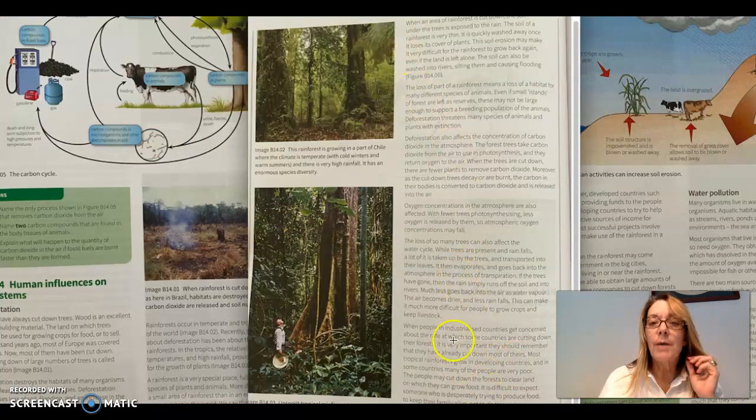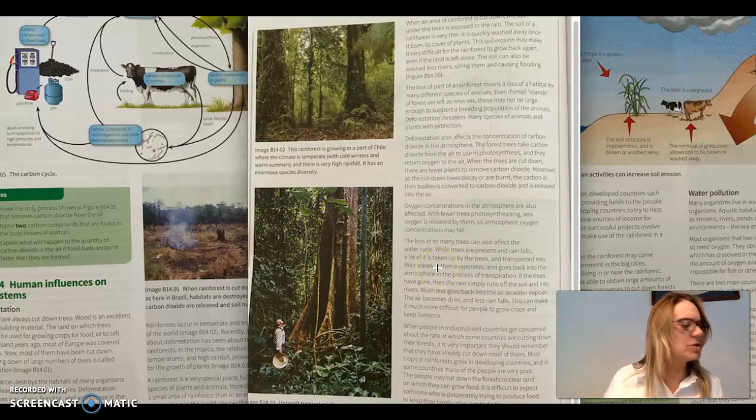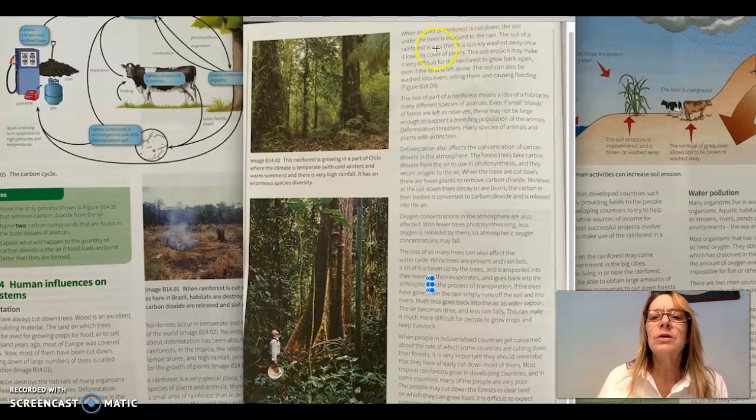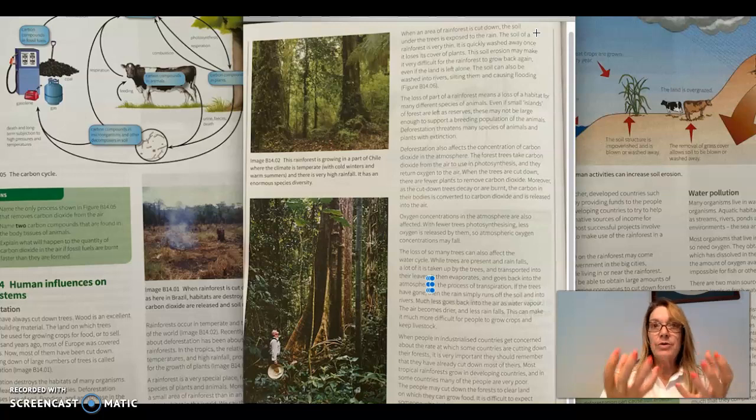As it talks about at the top of page 172, let me see if I can move this down a little bit. It talks about the rainforest being cut down and the soil under the trees is exposed to the rain. When that happens, that causes leaching of the nutrients. So all of the nutrients go down into the soil and get further and further into the depth of the soil. So at the top, the nutrients that are there are no longer available.